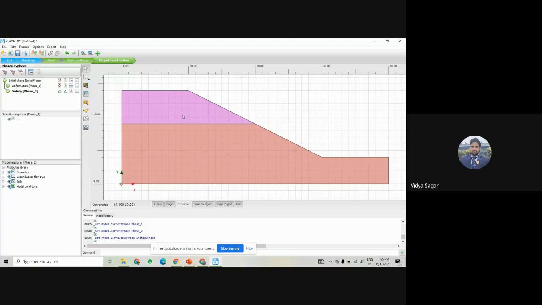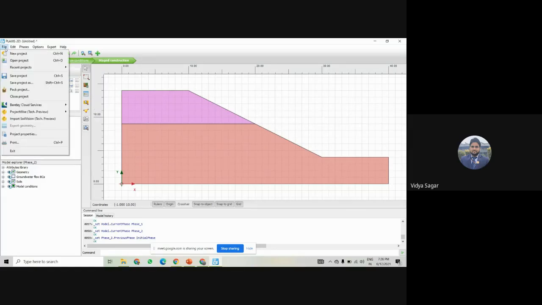Now second part, we'll start with the nails. In the nails, first we will assume where this slope failure part is. So we can assume it will start from here and then reach to this point, right? So we'll create the nails. One nail is here. We'll apply about 4 nails in this.